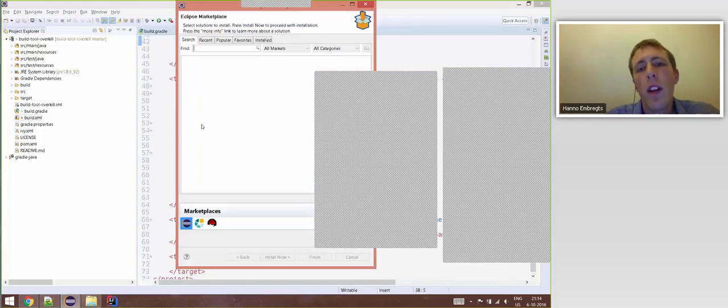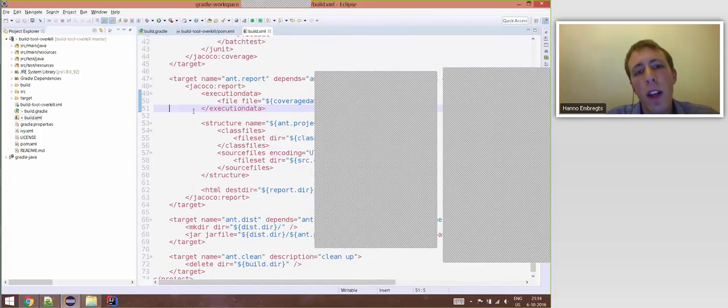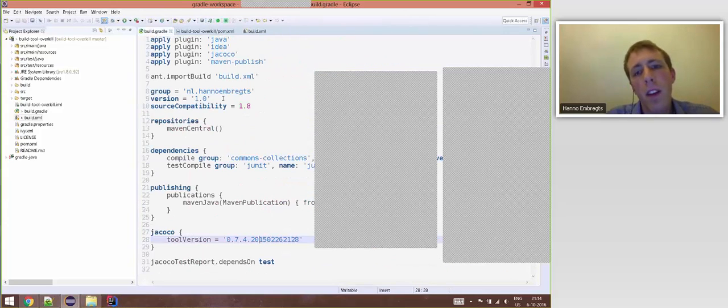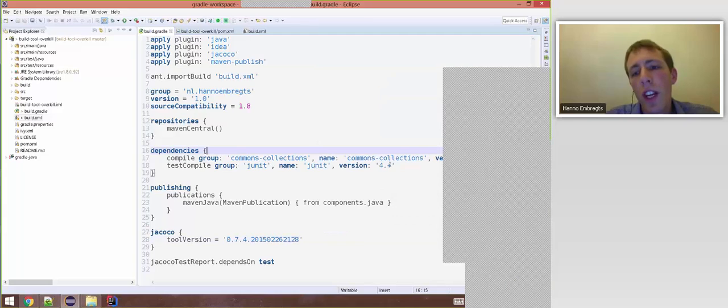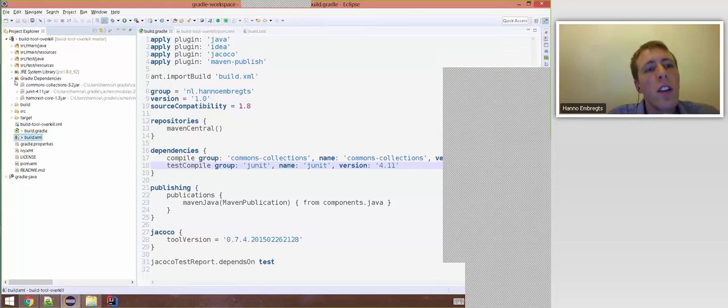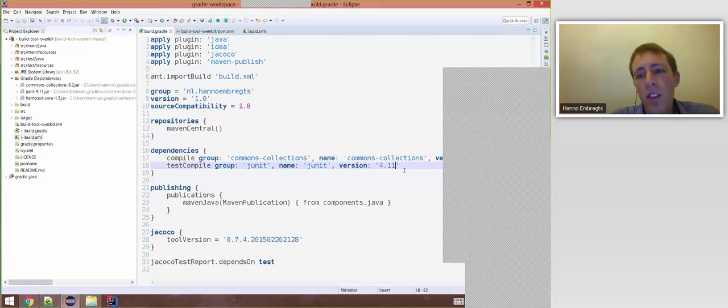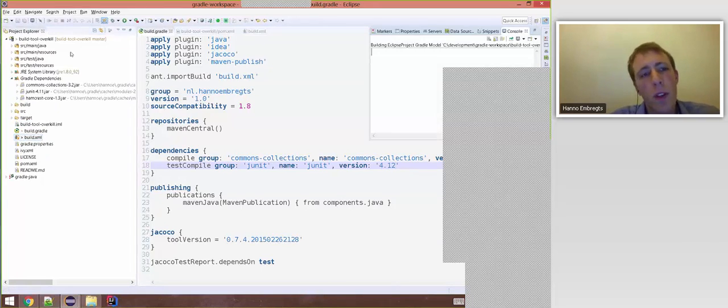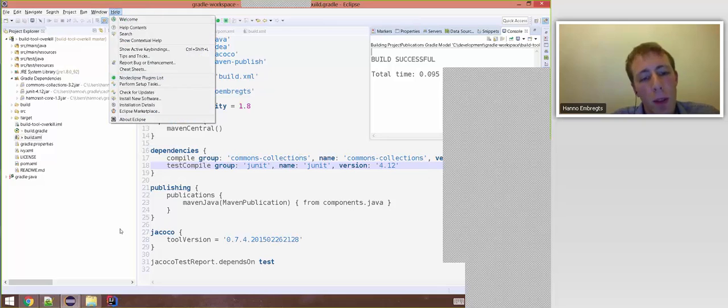One thing I would like to say about this is this is what I showed you earlier. If you would just change your version of your JUnit, for example, it will very instantly make sure that it is downloaded from the central Maven. So this works super fast. It works great. The IntelliJ plugin is also very good, and well, for Eclipse, I'm trying to start up the